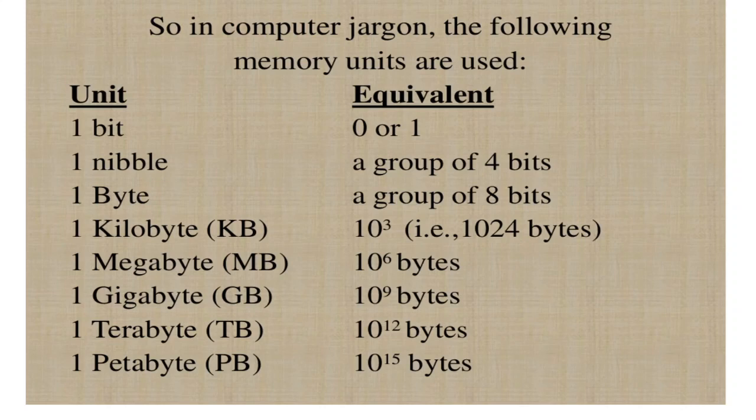And what is mega? After kilobyte comes the megabyte, which we all know is represented as MB. A megabyte is 10 raised to 6 bytes. Again, it's not exactly 10 raised to 6, but we are rounding it off to 10 raised to 6. The next is the gigabyte, GB. We are familiar with the short forms, but we need to be familiar with the full forms also. A gigabyte is 10 raised to 9 bytes.